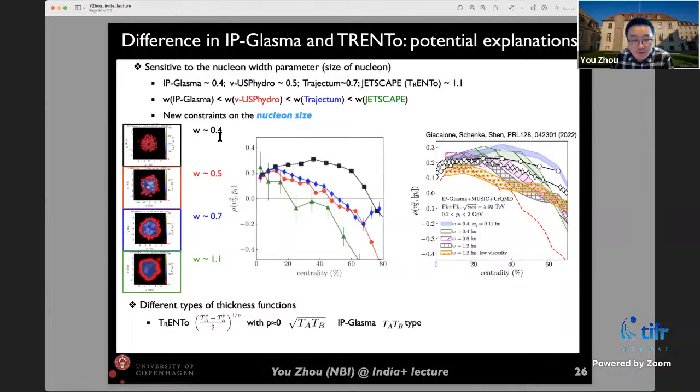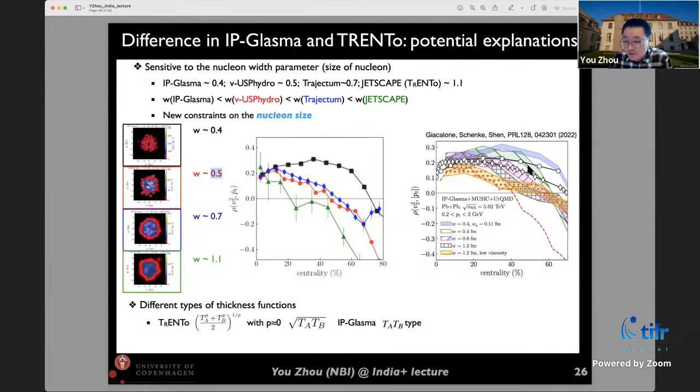IP-Plasma is using the width of the nucleon of 0.4 Fermi, and the VUSB hydro uses 0.5, and then TRENTo uses 0.7, and JETSCAPE, which works the worst, uses 1.1 Fermi for the nucleon width. And this actually follows the band if you think about the calculations, right? Because of the same idea, Giuliano and his collaborators quickly ran the analysis using the IP-Plasma